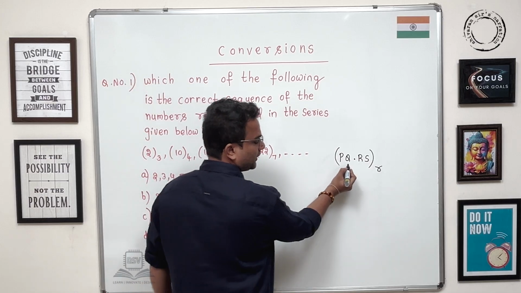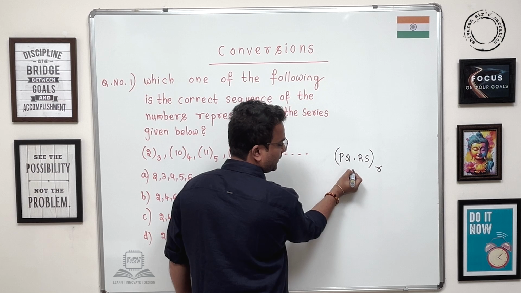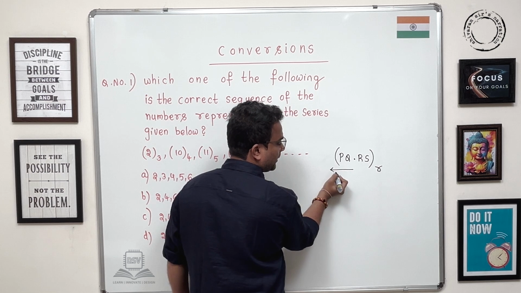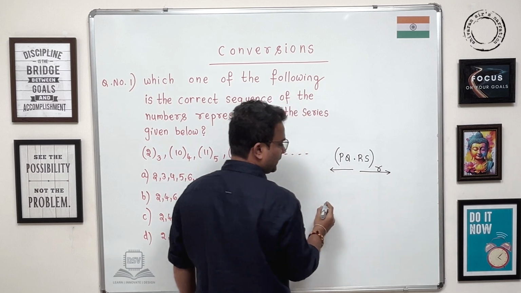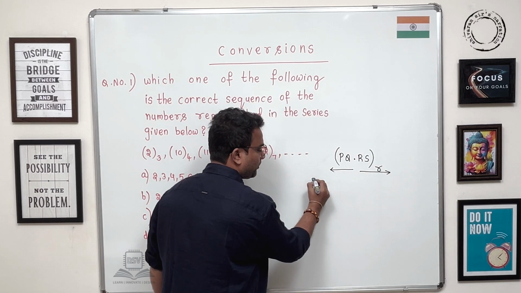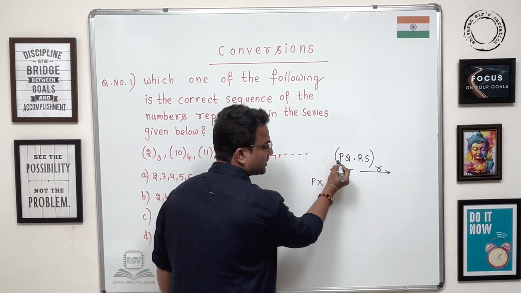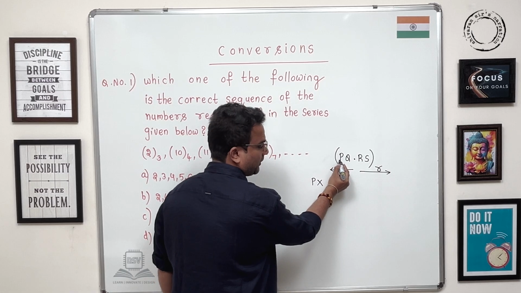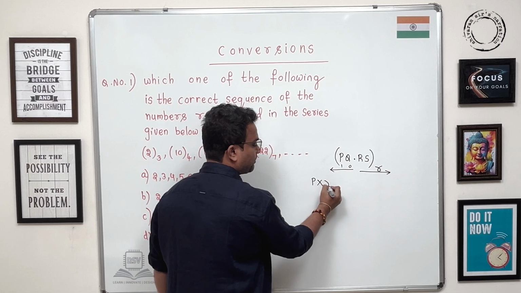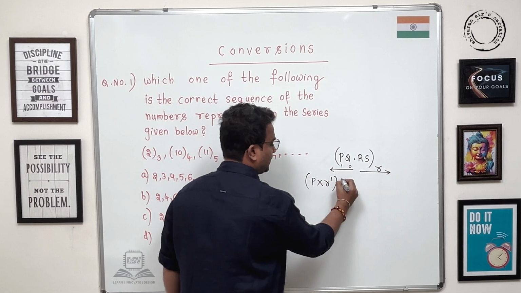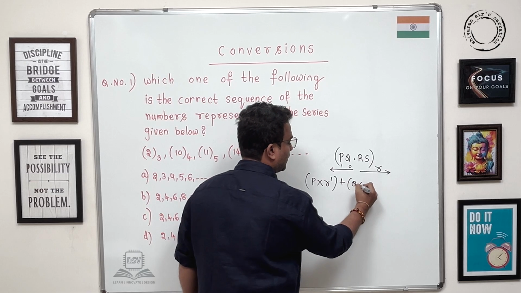That means this is a dot, right? From here you should come in this way, or for this RS you should go like this. It is like P into R power 1. This is R power 0, this is R power 1. So P into R power 1. Similarly, Q into R power 0